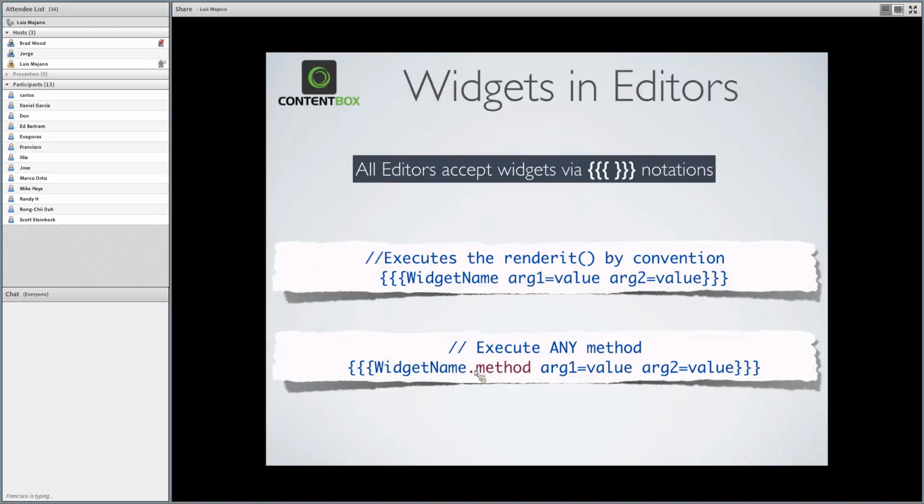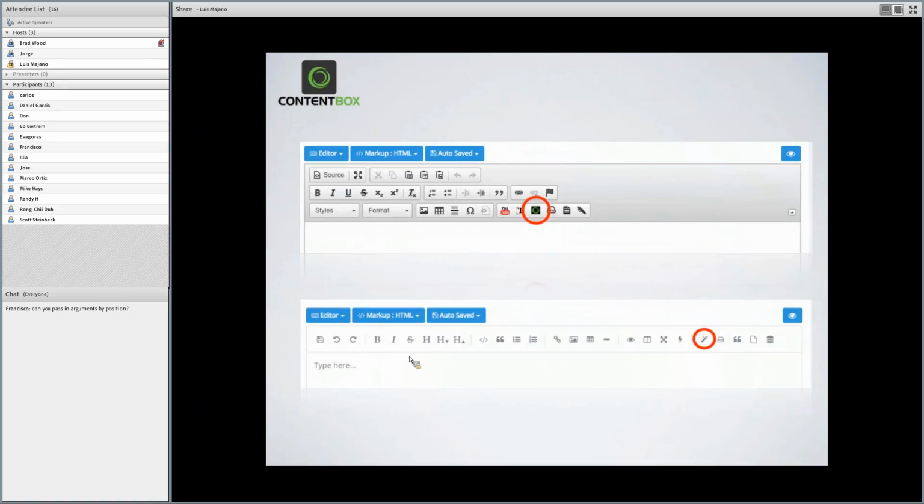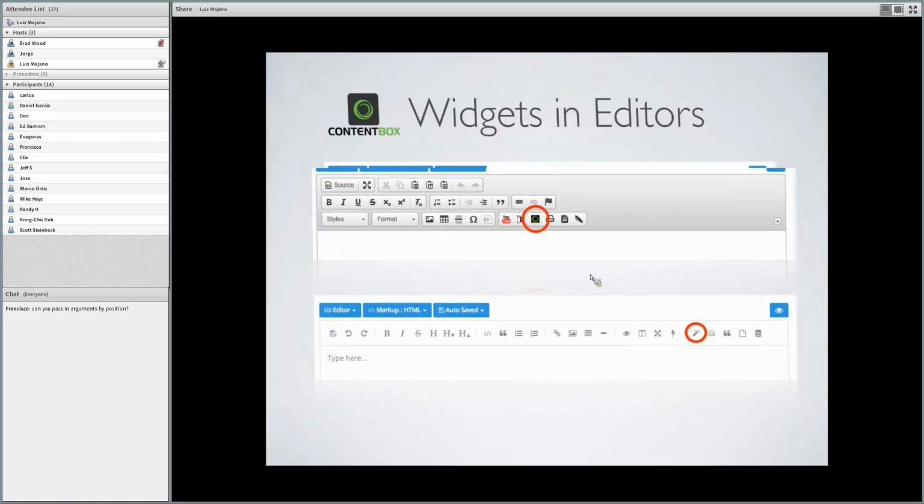Now, how do we use widgets? Well, let's start off with the editors. Inside of the editors, all of them accept what we call our triple mustache notation. The triple mustache notation will actually allow you to execute a widget by convention. So you can see here on the screen that you do the triple mustache, and then widget name, and then arguments, which are optional, of course, depending on how you created that widget.